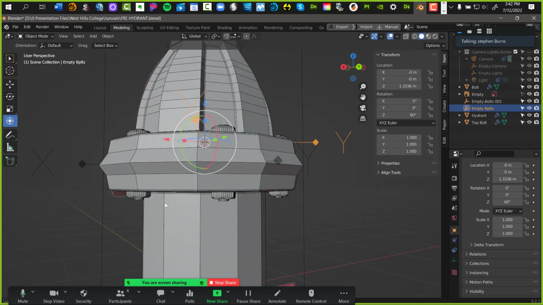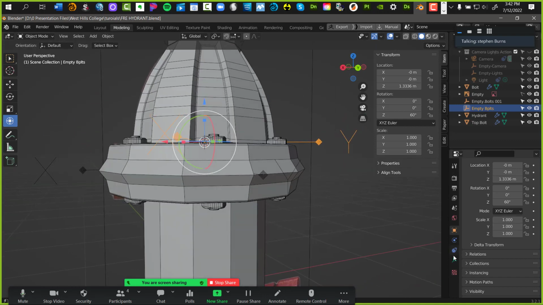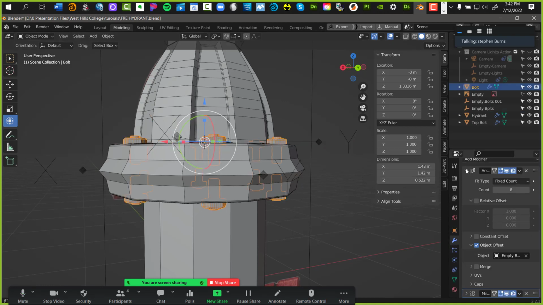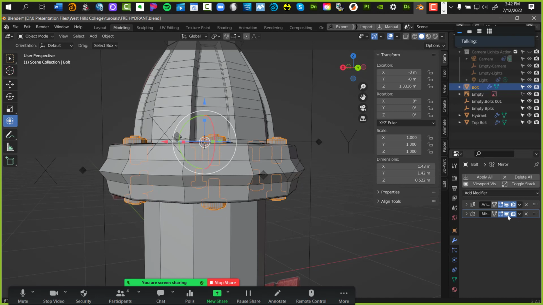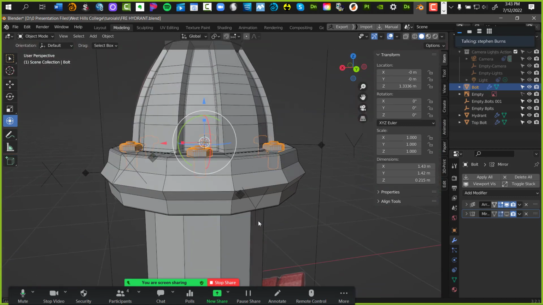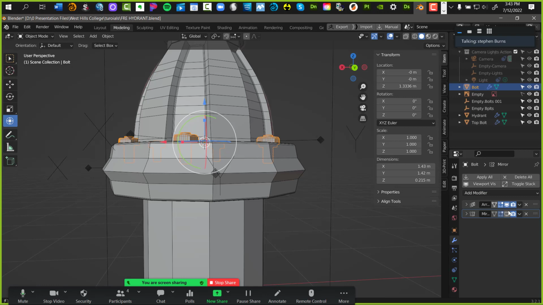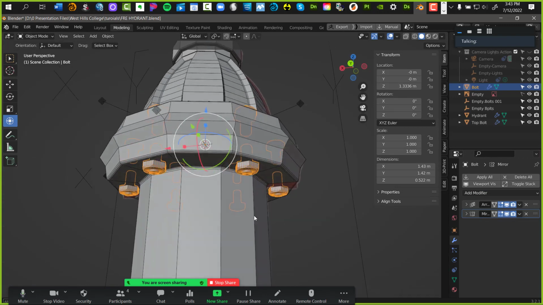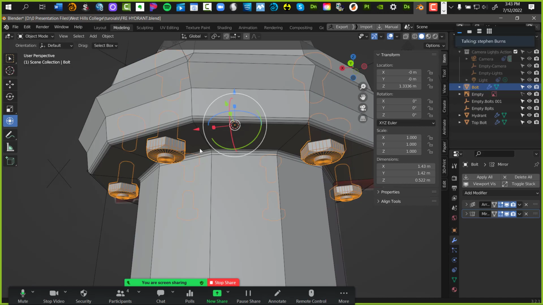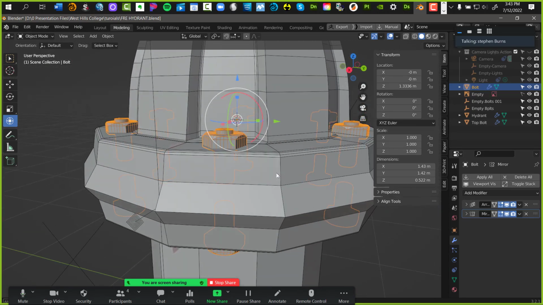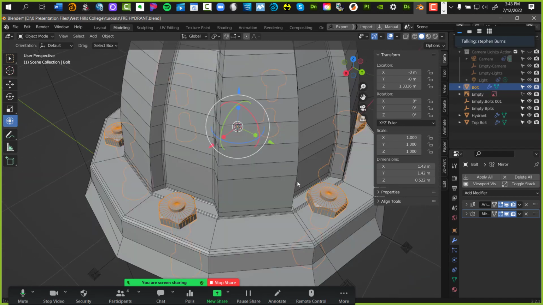Now, all I did after that is this. Go back to my boat. Go to the modifier. All right. When I initially started, there was no mirror. I went to the modifier, gave it a mirror, which I've already done. And I told it the mirror on the Z-axis. The same thing. So basically, there's only one object here that we created, and we've duplicated everything else.